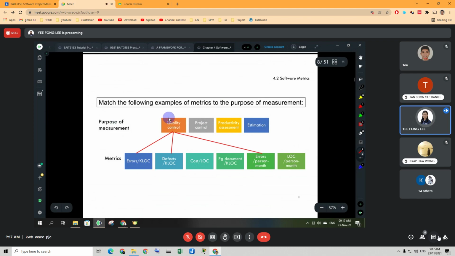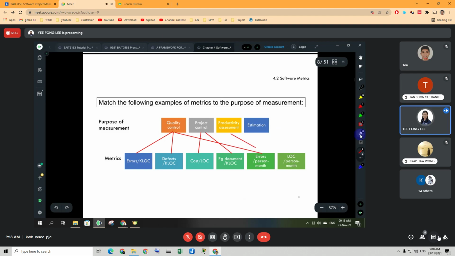The purpose of the measurement, there are 4, and their relevant metrics. We might use this formula or metric. How do we read this? Errors per 1,000 lines of code. No worry, this one later we will explain in detail. So we find out the defects, the errors. For project control, most of the time we will look at the cost. And then also we look at pages of documentation. For productivity assessment, we will look for